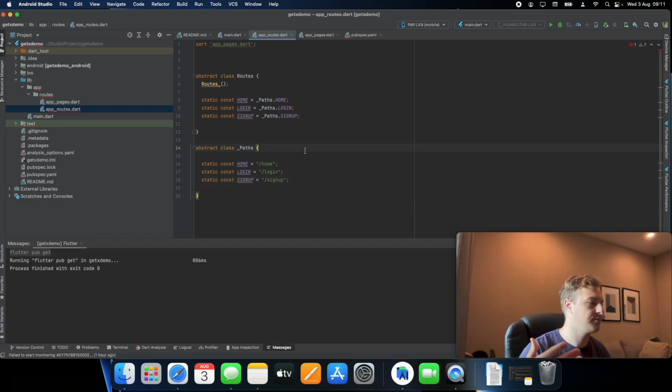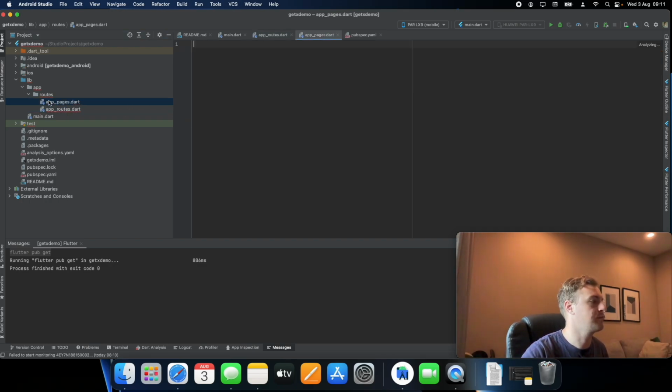So here we have three pages already made, and this is what you'll specify when you want to go to different pages in your app. For example, with the Navigator widget, you have context and you have to specify the widget. In this case, you'll just point to the string, and GetX will navigate to that page for you. So here in app_pages, what we want to do is make a class called AppPages,